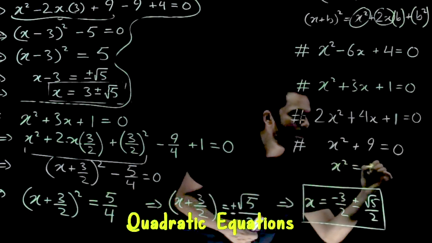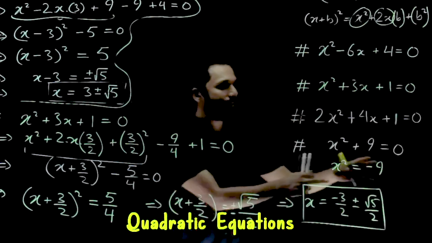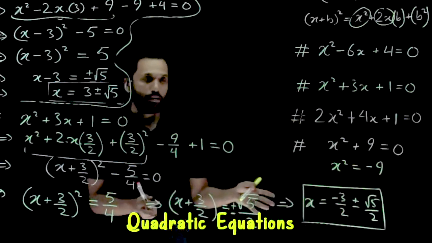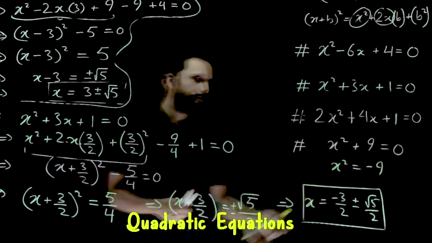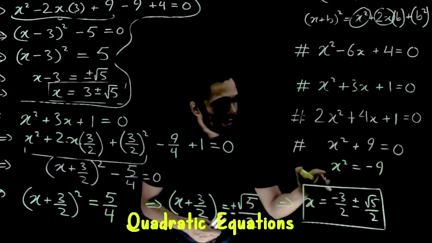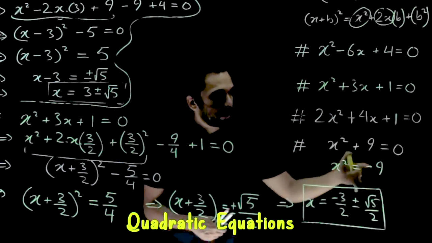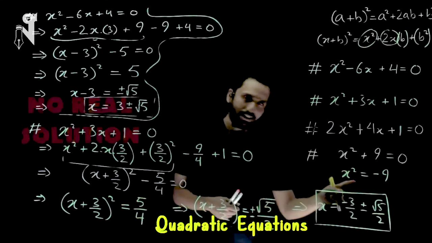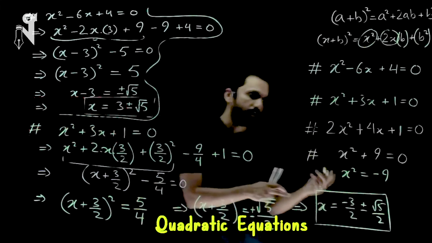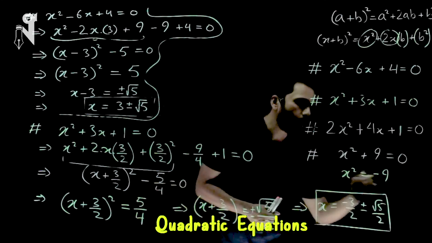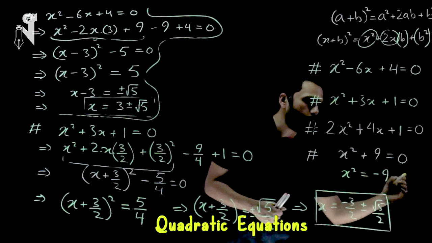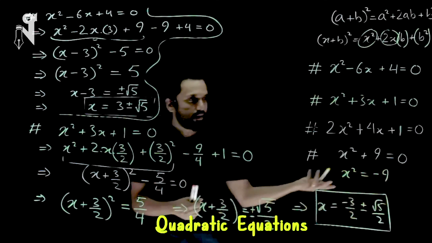x square is equal to minus 9. Square of something is a minus 9 is impossible. Square of any real number cannot be a negative number. Your negative squares as well as positive squares are positive, so there is no solution to this. There is no real solution to this. In higher standards, we'll see some imaginary solutions, of which we are not talking about right now. So there is no real solution. This is having no solution. So I hope you did not write x is equal to minus 3 as one of the solutions.